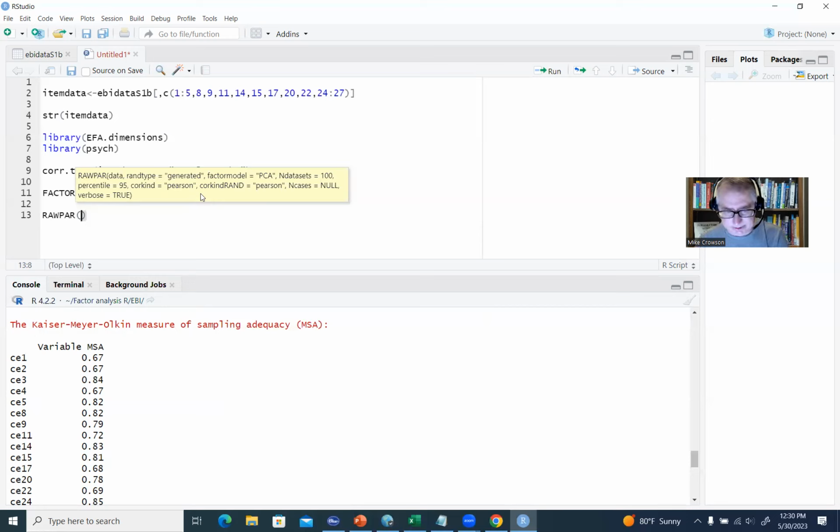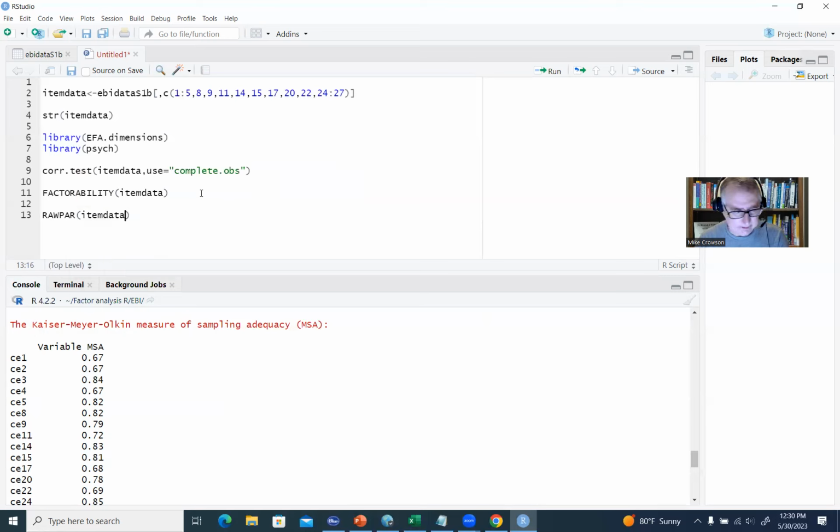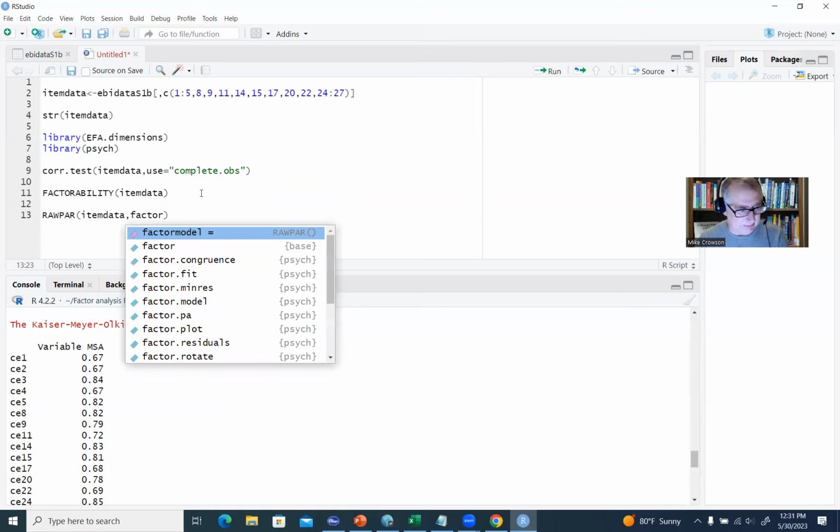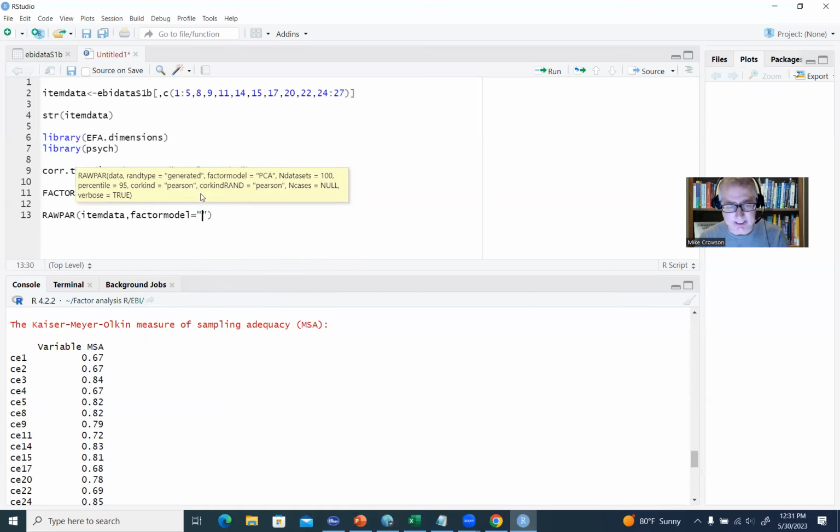First we'll type in item data, which is the name of our data frame again, then a comma, then factor model, set equal to one of two options: PCA or PAF. PCA is for principal components analysis, and PAF is for principal axis factoring. I'm going to use PCA in this one. That's the more long-standing approach. It entails generating components from an unreduced correlation matrix, which I talk about in the blog posting,